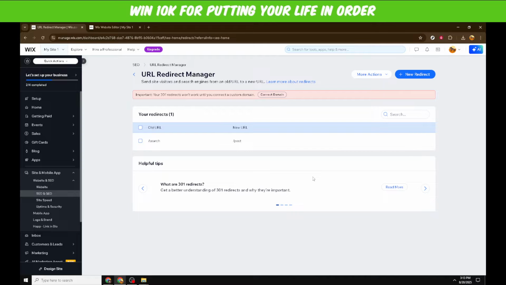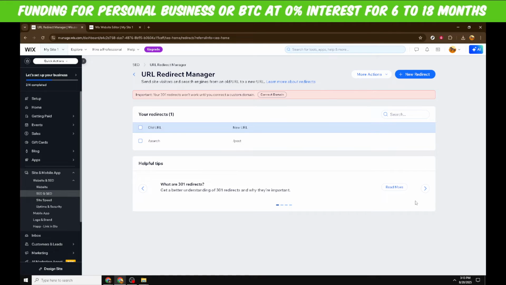And there you have it. With those simple steps, you've successfully set up a redirect, eliminating that pesky 404 error. Make sure to test the changes by visiting the old URL and confirming that it redirects properly. This will not only improve your visitor experience, but will also maintain your site's credibility and